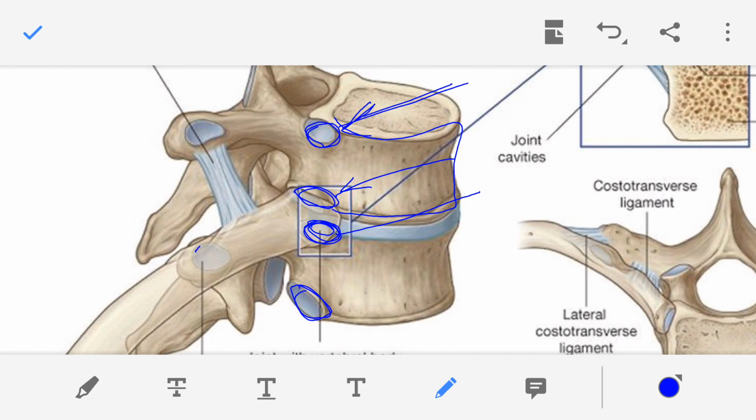Now, this is the head. In the head, there are a superior articular facet and an inferior articular facet. So the superior articular facet fits into the inferior demifacet, and the inferior articular facet of the head fits into the superior demifacet. Okay,